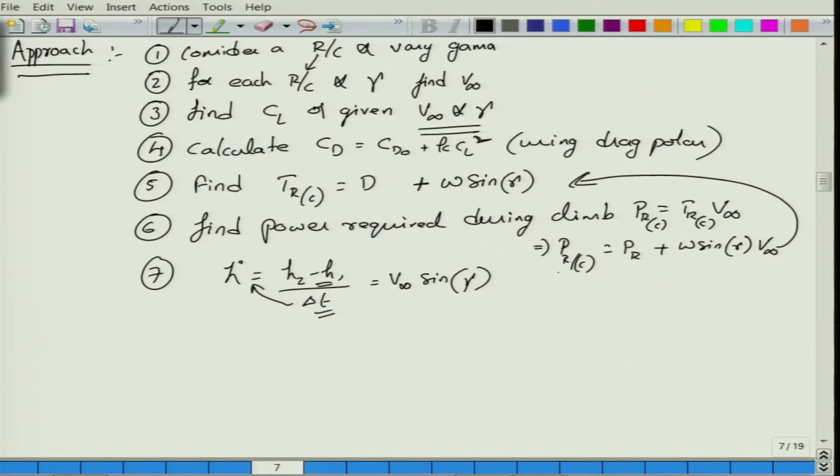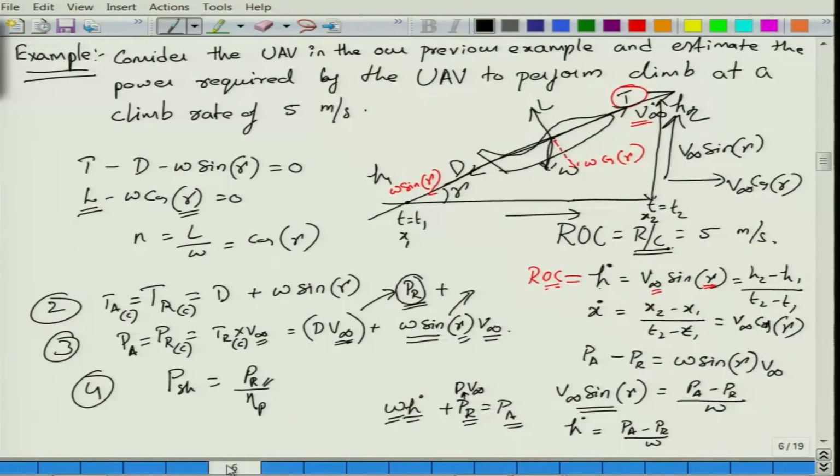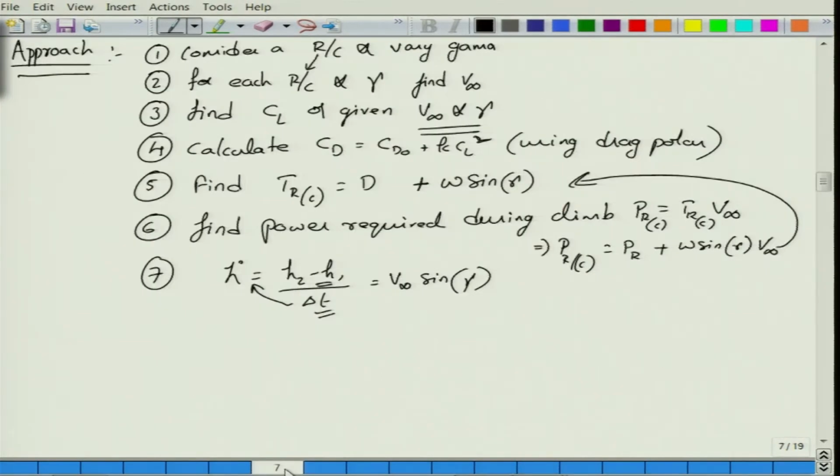Let us add some more to this question: the time of rate of climb to climb an altitude of, say, 1000 meters. So, this is pretty much straightforward, no? There is not much exciting involved with this. So, how much time it takes to climb this particular altitude.